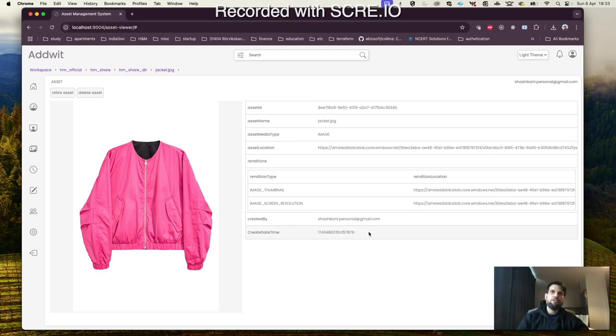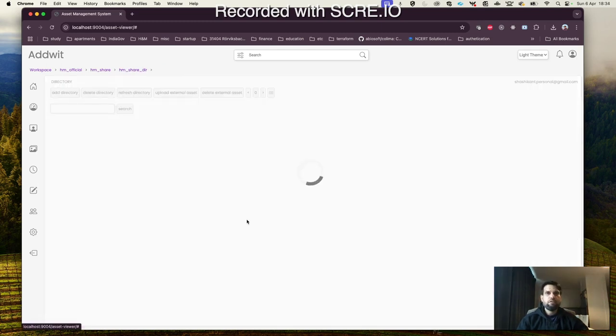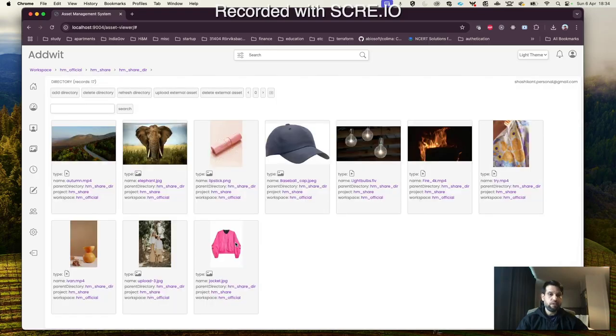And then the time when this asset was imported, it has got one asset ID assigned to it. This was the name of the asset. It is of type image. We will see how we are uploading and then how these parameters are being added. Then this is the location of the asset in the blob, which is the original asset, and it also creates renditions of the asset. So first, when you go back in here, this is the thumbnail which it has created